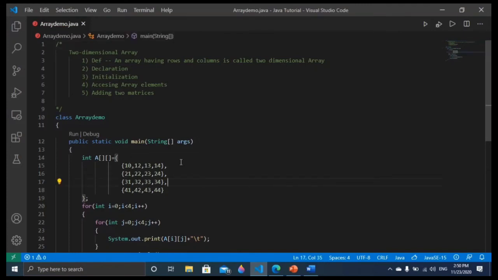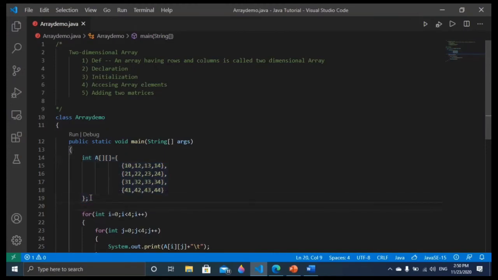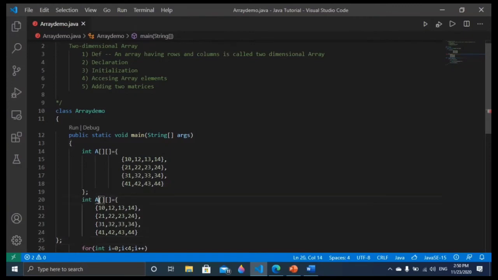Suppose there is a first matrix A and I want to add another matrix B. So let me copy this and make some changes. Here I want to give B, and here let me change something, 5, then 5, then 5, then 5, and here let me put 6, then 6. You can give any number, right? So here I have declared the two arrays A and B, and both are multi-dimensional arrays. Both are 4 by 4.